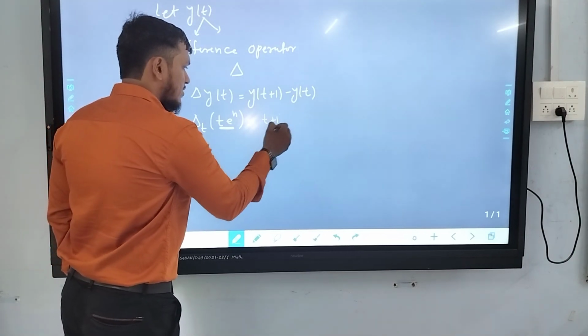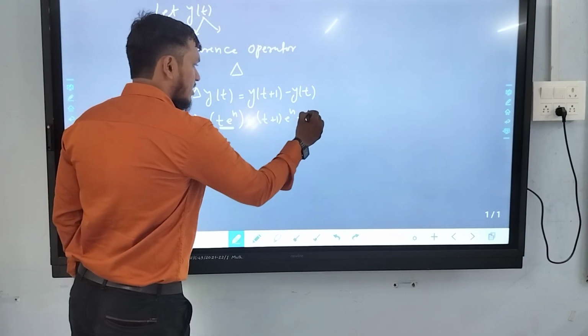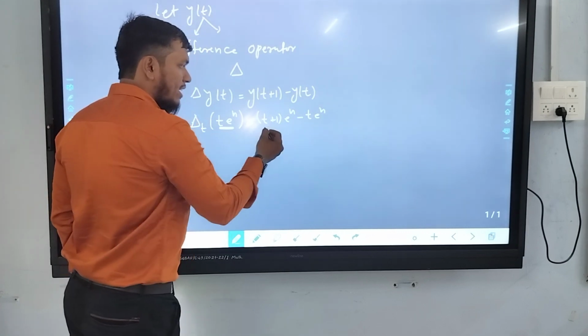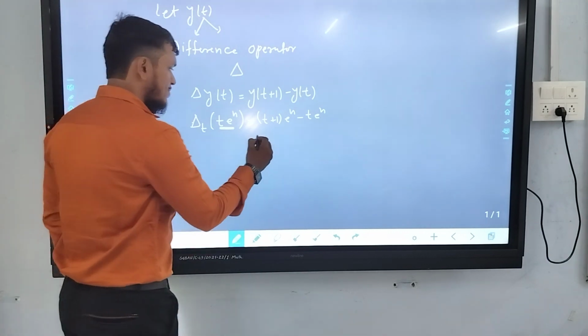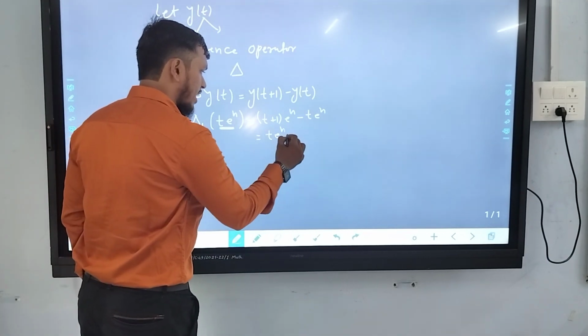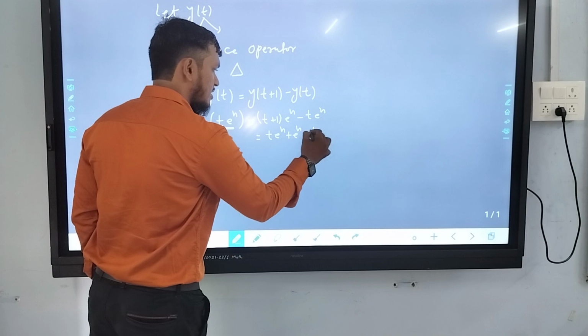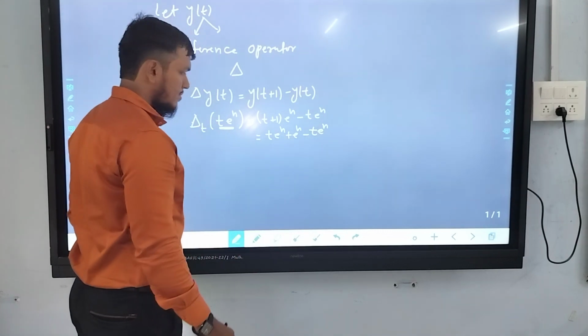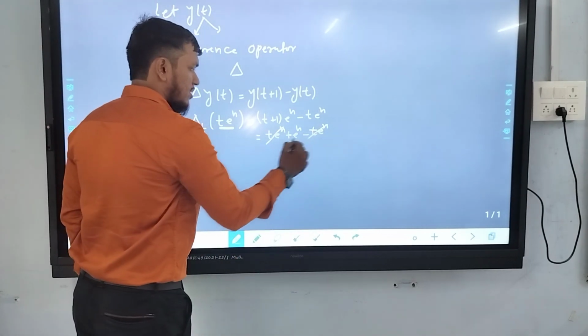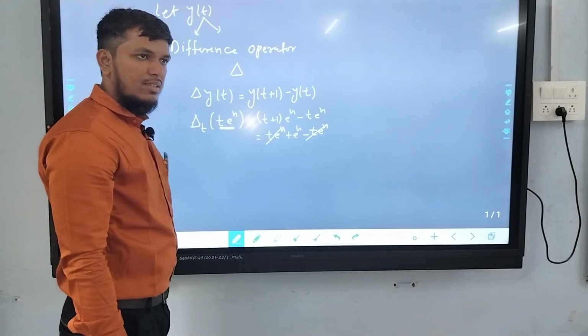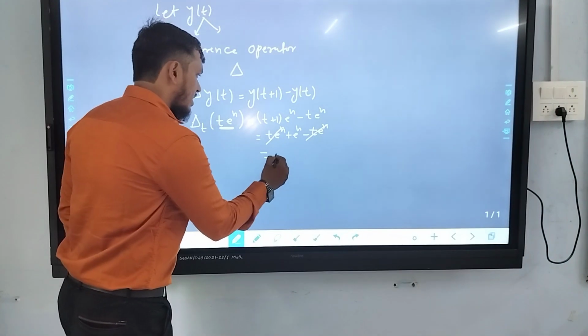Firstly we get (t plus 1) e raised to the power n minus t e raised to the power n, by the definition of the difference operator. So t e raised to the power n plus e raised to the power n minus t e raised to the power n. Now the positive and negative terms cancel,